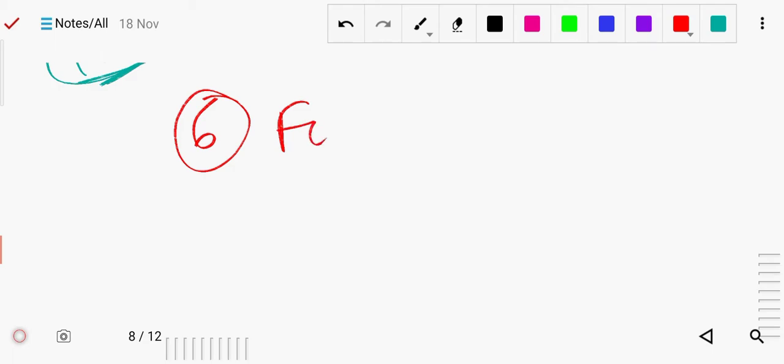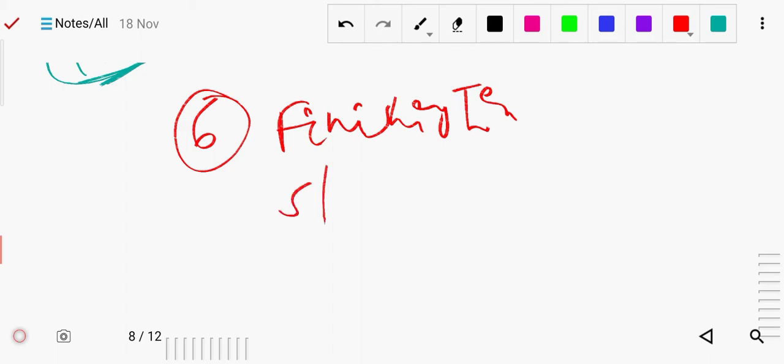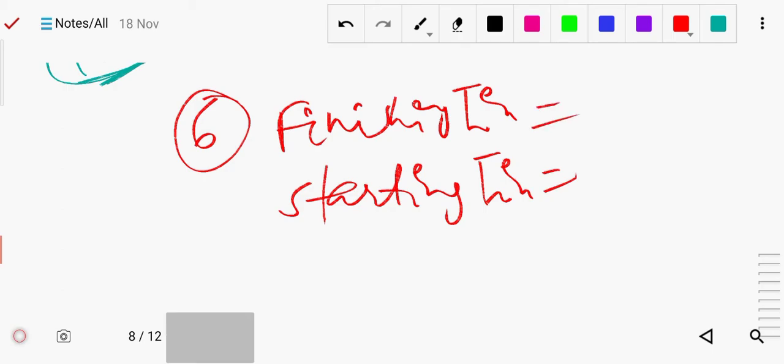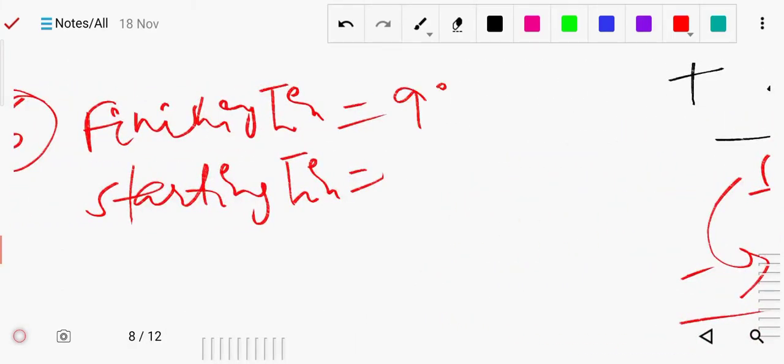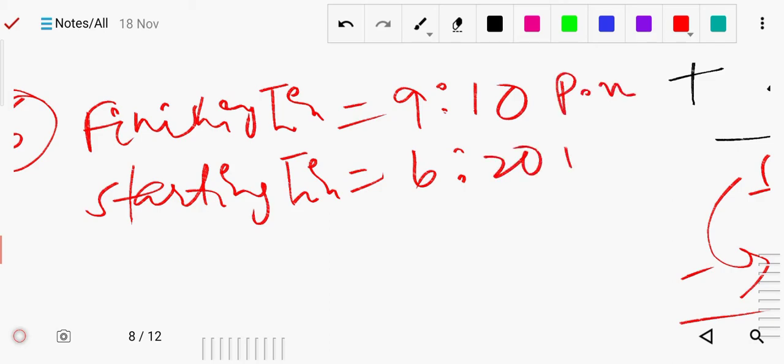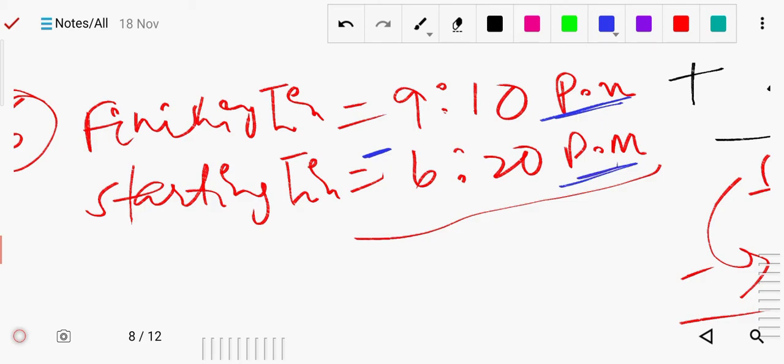What is his finishing time? You can write finishing time minus starting time, like this. So this finishing time is your given, that is 9:10. Okay, and it is given 6:20, and you can check that both times are given in pm. We have to subtract, so no need to do any changes, both are in the pm. Also this is the greater one and we can subtract it easily. So you can write pm.